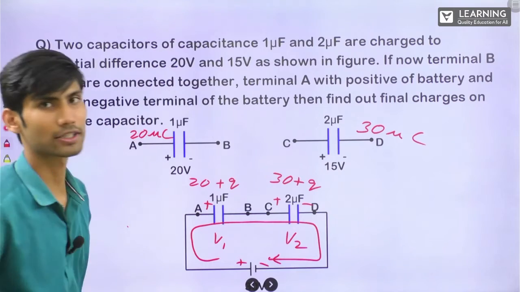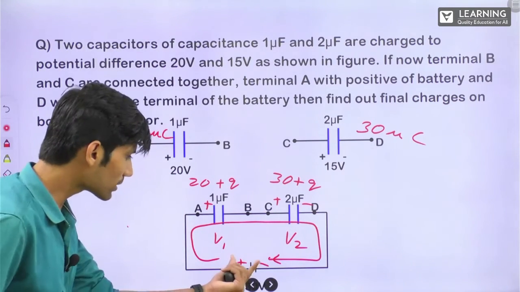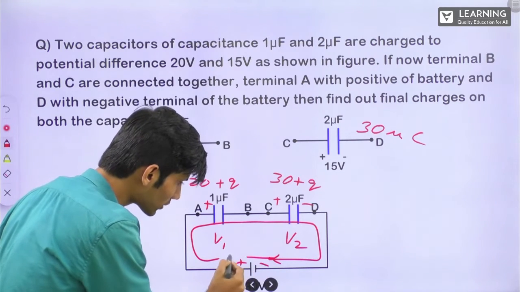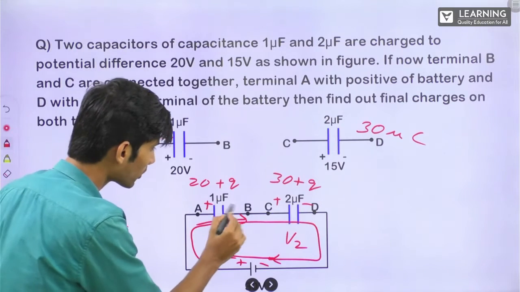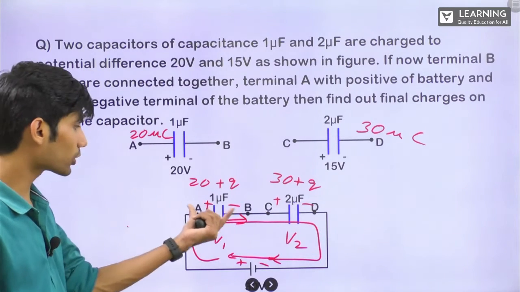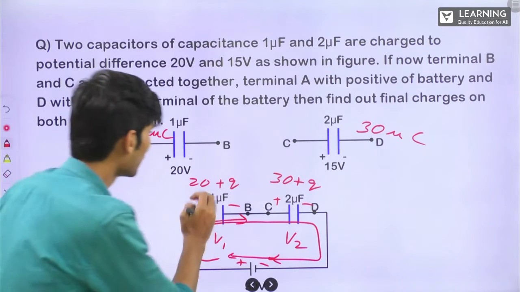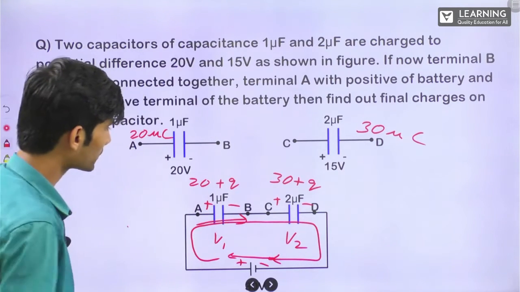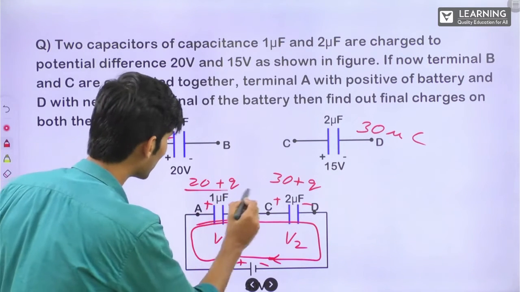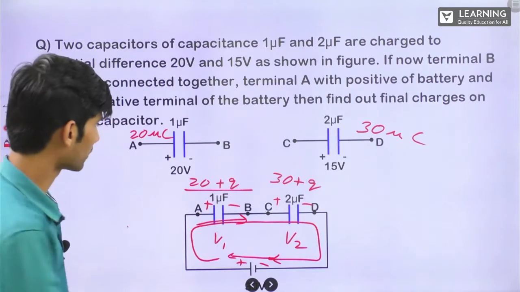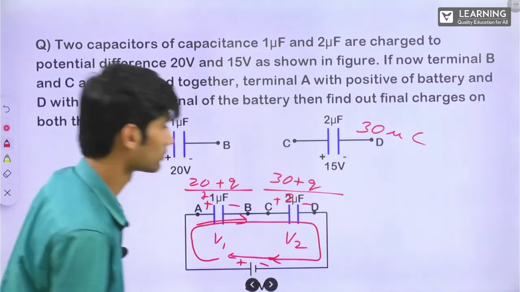We are moving like this. We have to select one direction. You can select any direction, doesn't matter. I have selected this direction. Across the battery, we have moved from negative to positive like this. Here, we are moving like this in this closed circuit. This is from positive to negative. So the potential difference across this, we'll write as negative. Okay. 20 plus Q, how much will be the potential? Q is equal to CV, V is equal to Q by C. Correct? Q by C is 1.